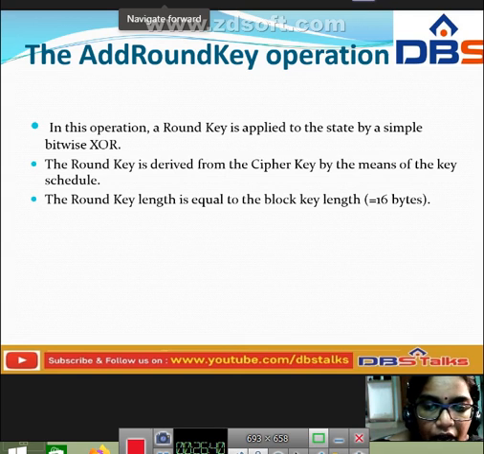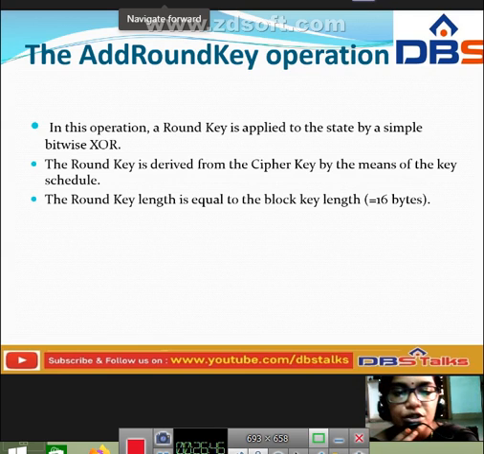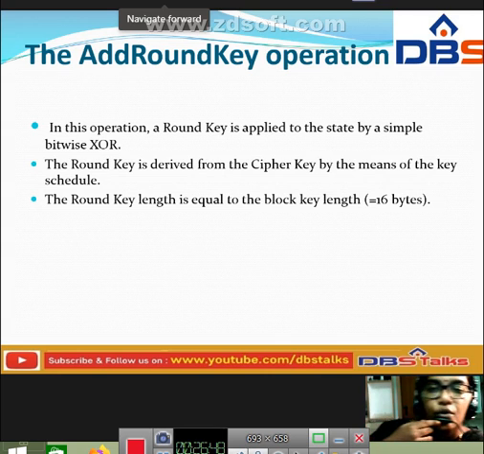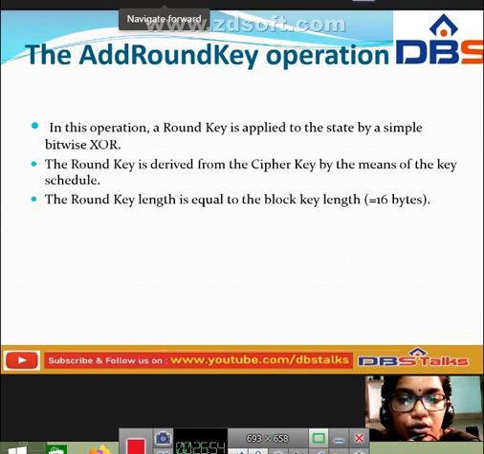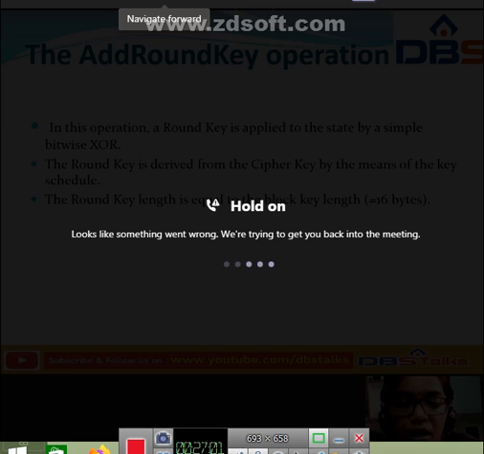Then what is the add round key operation? In this operation, a round key is applied to a state by a simple bitwise XOR operation. The round key is derived from the cipher key by means of a key schedule, and the round key length is equal to the block length, that is 16 bytes. Suppose a round key is generated, then the